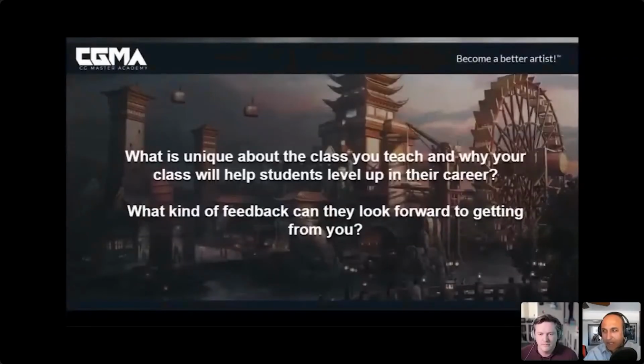You start at a studio, and then you get those big projects that do get built in your resume under your belt. Well, I was going to say, that's a good segue to the question I have right now regarding your class. What's unique about the class you teach, especially if you're in the business or aspiring to be, and want to level up in your career? What can I look forward to in your class experience, including the feedback component?